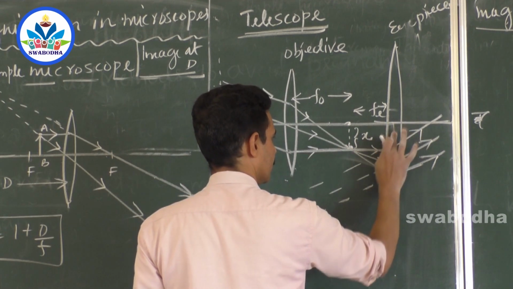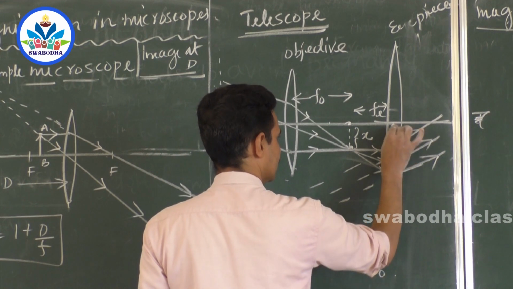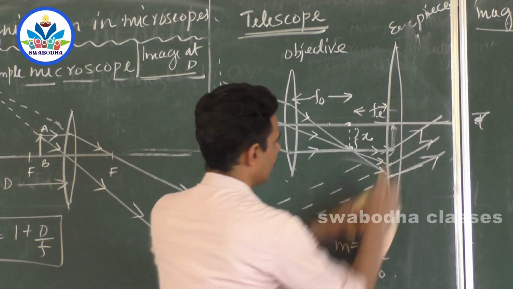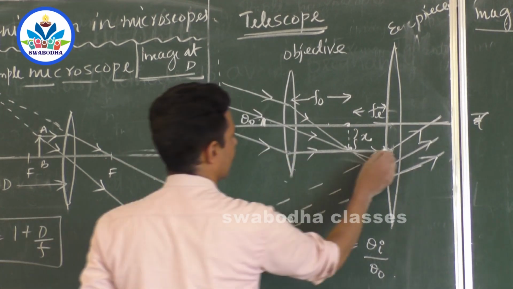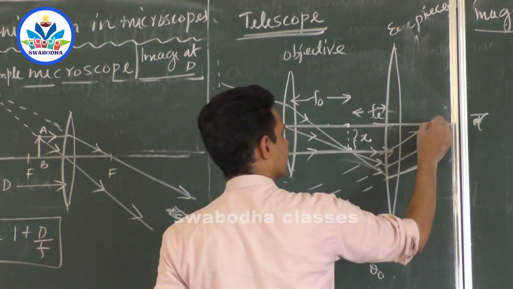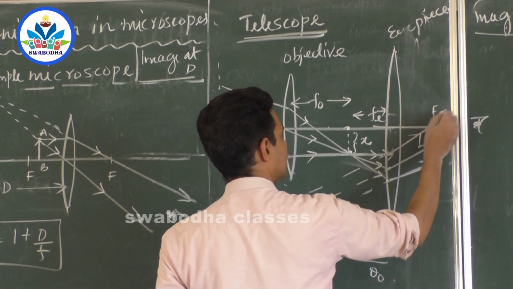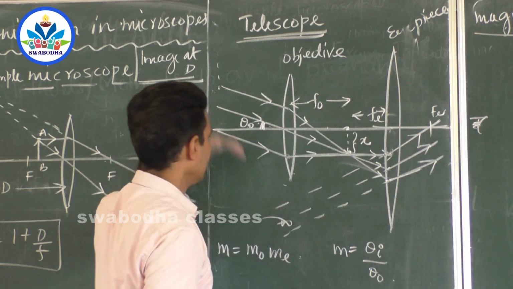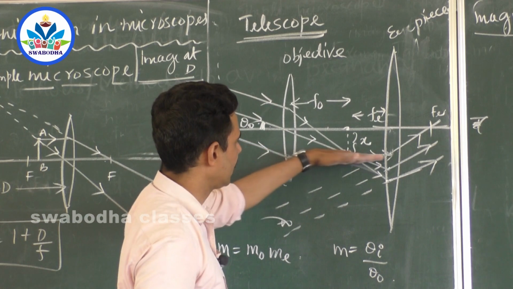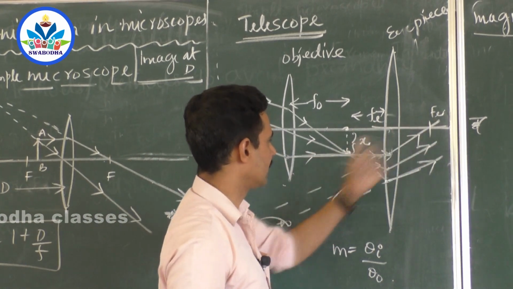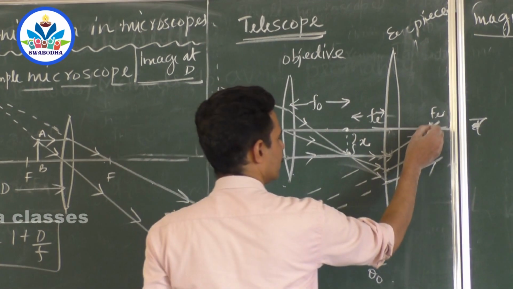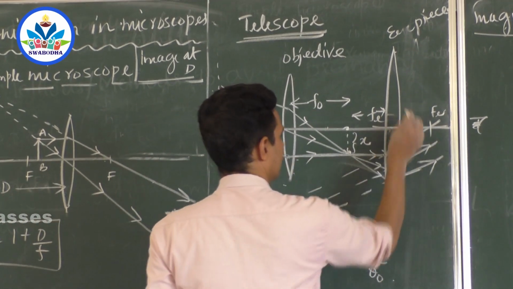This position is also x. So I can take this as x. Is it okay? You can follow it? If I take this ray almost becoming parallel to the principal axis and getting focus, then this will be the focus of the eyepiece again. Am I right? If I take this ray parallel to the principal axis almost and getting refracted, then this will be the focus also for the eyepiece.